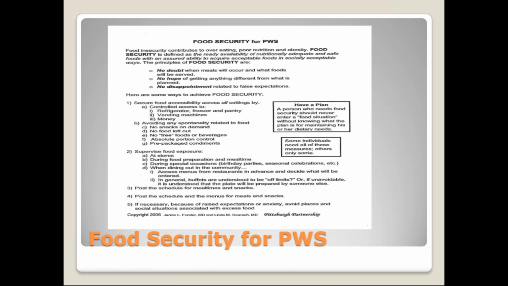I'm going to show you this really cool card that is basically like a business card. My whole gang, the whole gang who lived in the house, this was an empowerment thing. We want to go out to dinner sometimes. That's a part of life. That's part of being human. Okay. How do I have food security for people with Prader-Willi syndrome when I have things like extra rolls that come when I go to the dinner table?